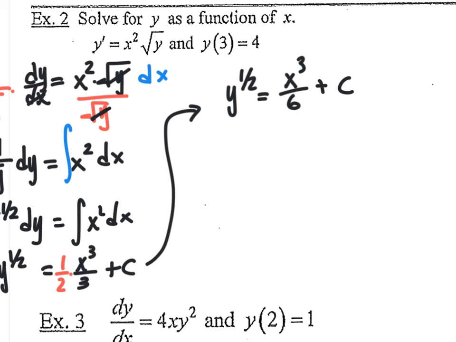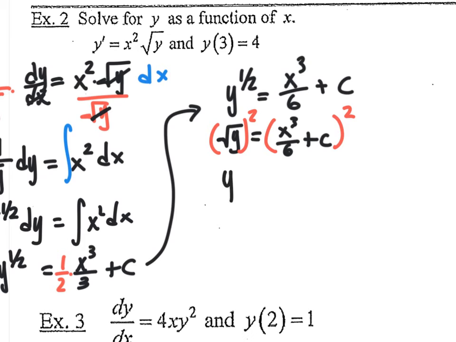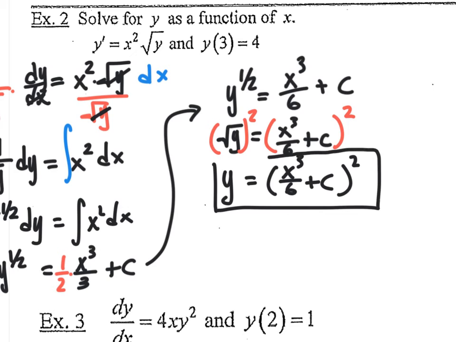So really what I have here, guys, is the square root of y is equal to x cubed over 6, and then plus c, okay? And in order to solve this, I'm going to square both sides, okay, and I got to square the whole quantity. And so I end up getting this. Y is equal to the quantity x cubed over 6 plus c quantity squared, okay? Now, once I've isolated y and I have y is equal to something else, I'm going to call this my general solution,